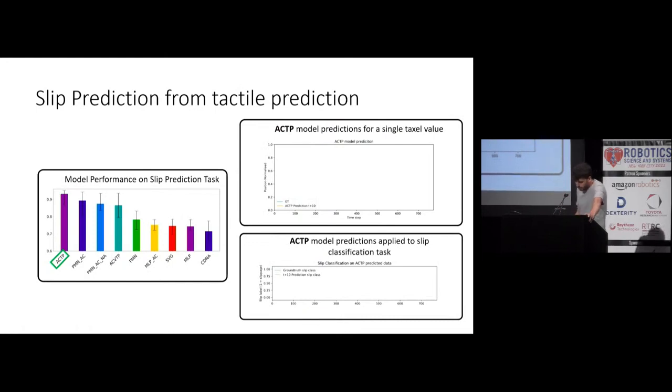So when it comes to slippage, to generate the slip predictions, we use random forests on the predicted horizons of our tactile systems, producing a slip classification at just t plus 10. The performance metric we used was a combination of both the slip percentages that were picked up in the dataset, but also how close the slip instances were to the ground truth. On the right here is a nice example where we see the tactile predictions and then the classifications to slip during a 15-second pick and move trial.